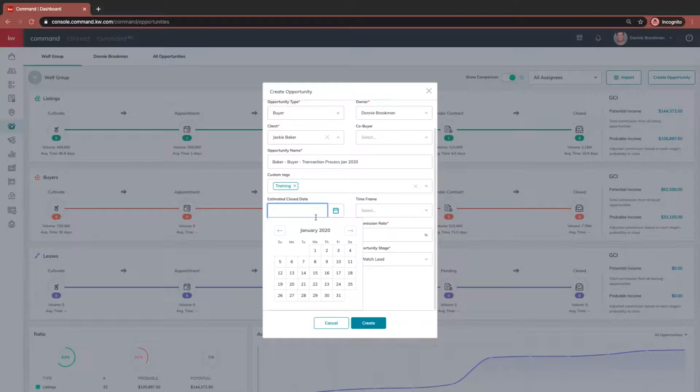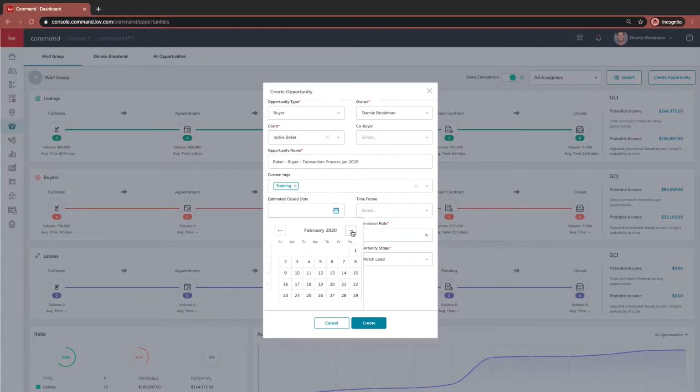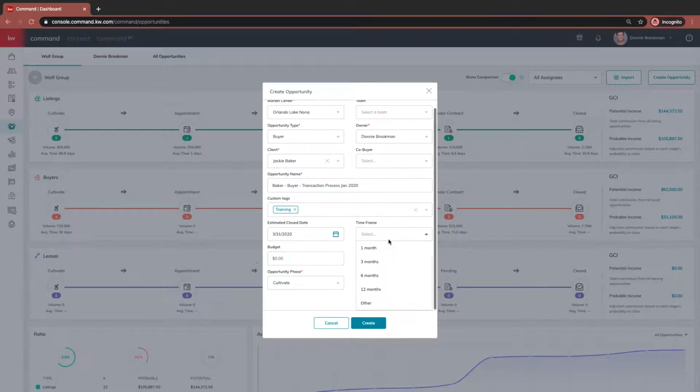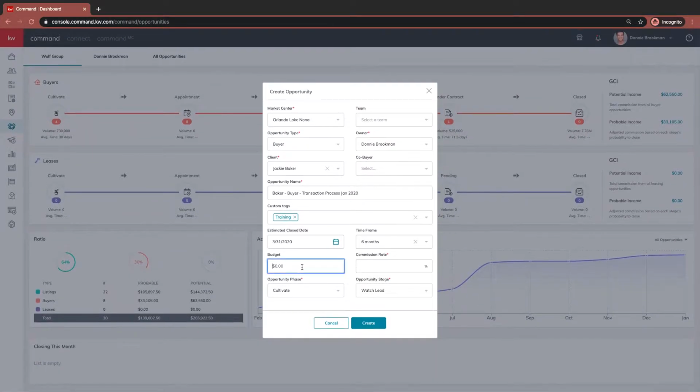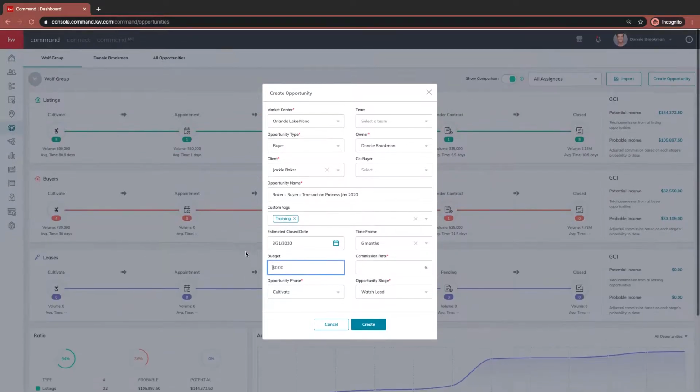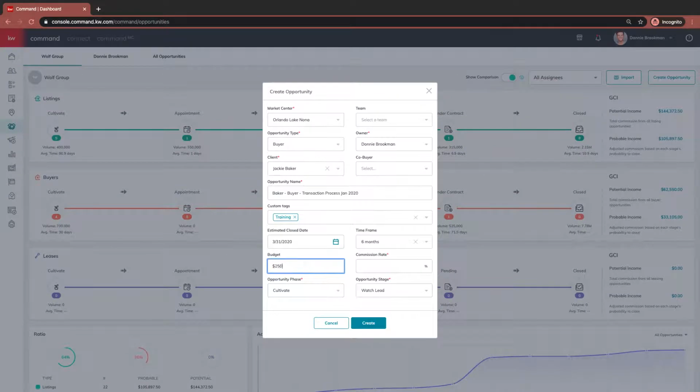I could go through and say what our estimated closing date is. We're going to estimate that they're going to close sometime before March. Or you could alternatively add in their time frame. They're 3 months, 6 months out from purchasing. If you do know the homeowner's budget or the buyer's budget, you could add that here. What you expect or anticipate the commission rate to be. Now we're only going to add the commission that we're expecting to earn, so I'm going to add the 3%